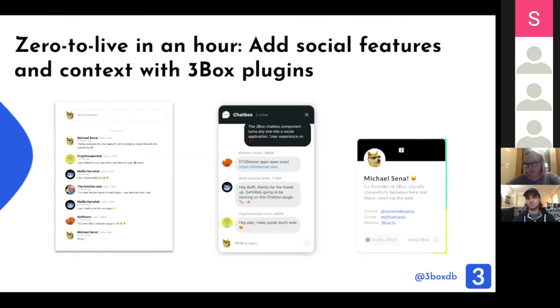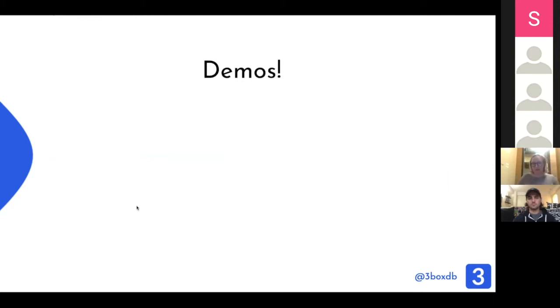In this example, we can see we've got an image, we've got Michael's username here, and we've also got some verified accounts attached to that as well. And all of these you can add to your application within 10 to 30 minutes, and it's really not much overhead at all. But the next thing, I'm just going to do a quick demo,